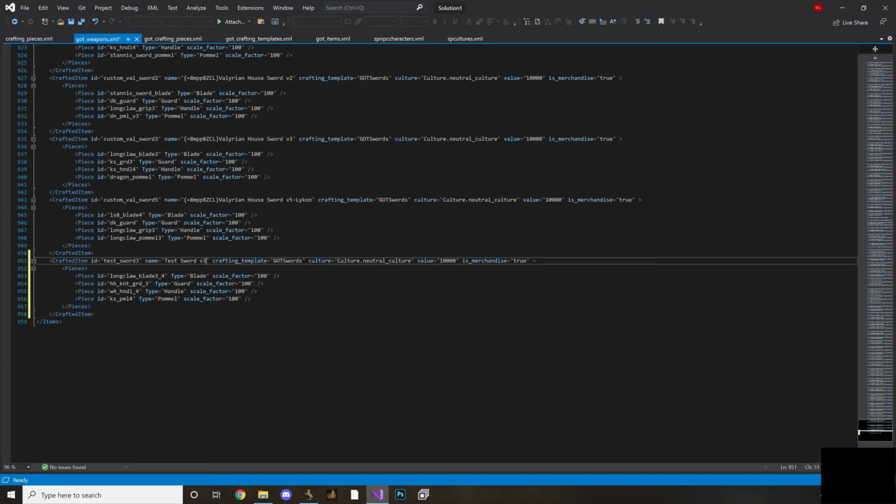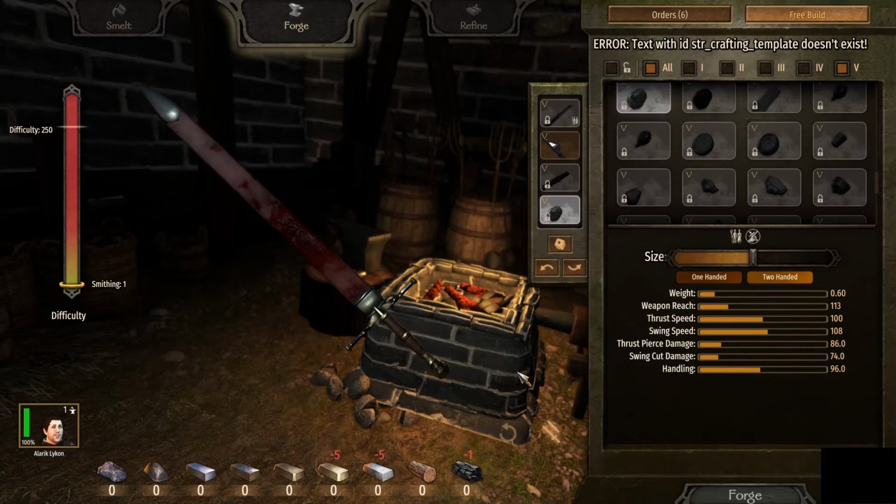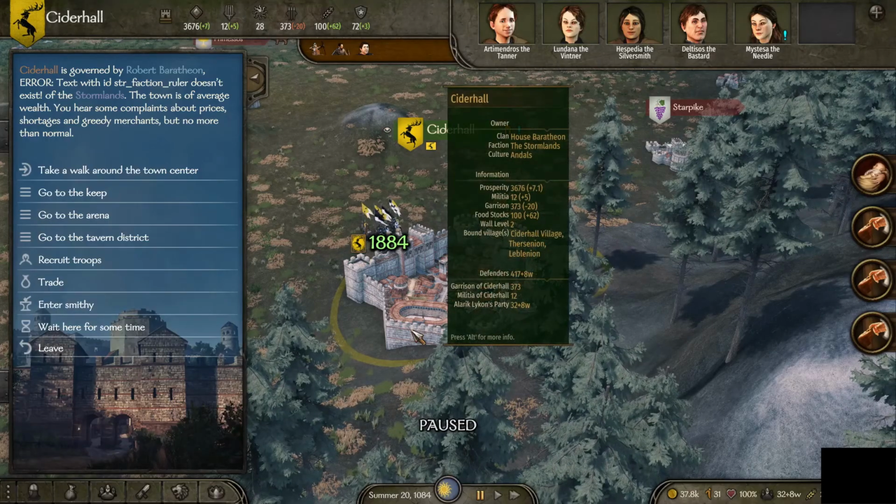Alright, so there we go. Test sword 3. We got test underscore sword 3 for our ID. And that is it. We want to save it. And we're going to load into the game and see if we did it right. Wait, actually, no, we're not going to do that. What we're going to do first is go back, because this is about our troops. So, go back into the inventory,